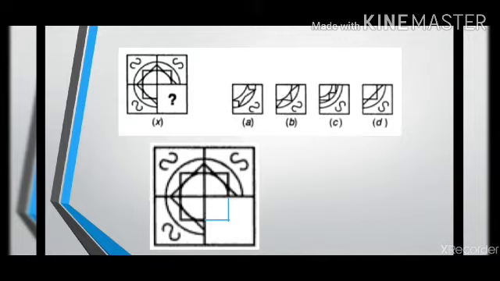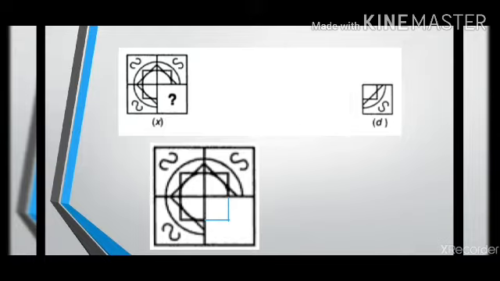Now there are other things you can also follow. For example, you can see another straight line will be made in the blank space that is given, which will again complete a box in the original pattern. As you can see, this straight line that I have denoted with the green line can be seen in option D. And also there is a full circle in the original pattern.